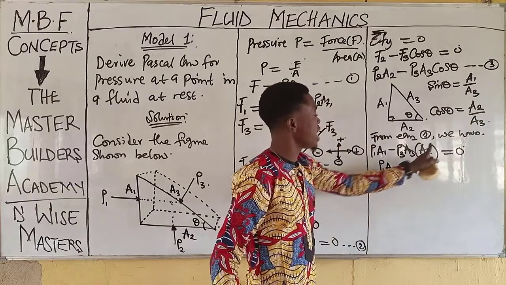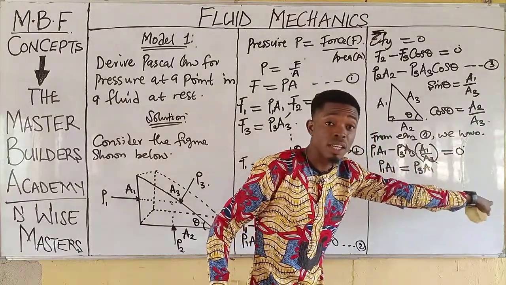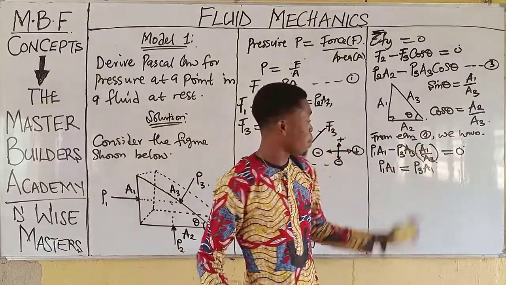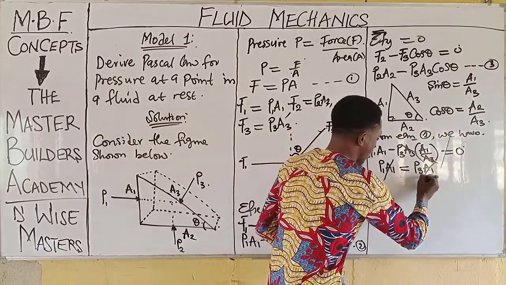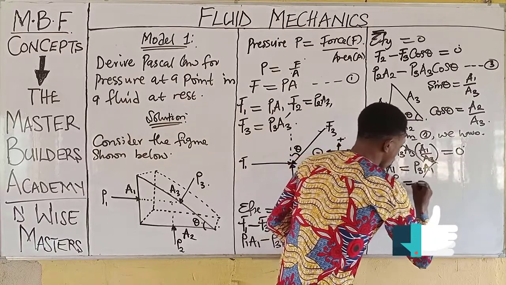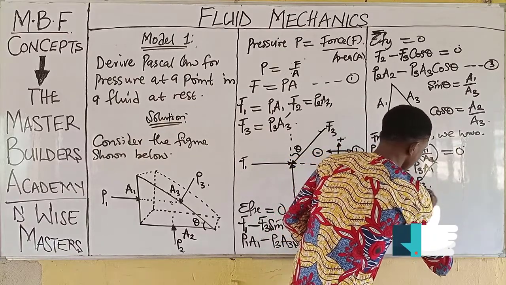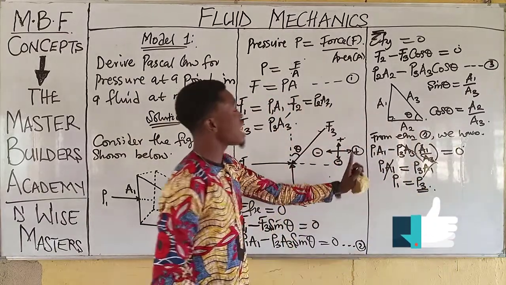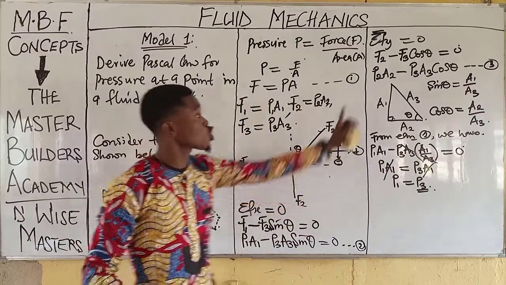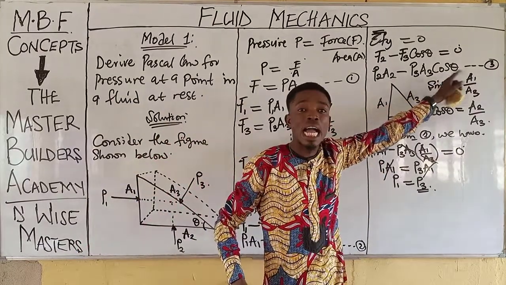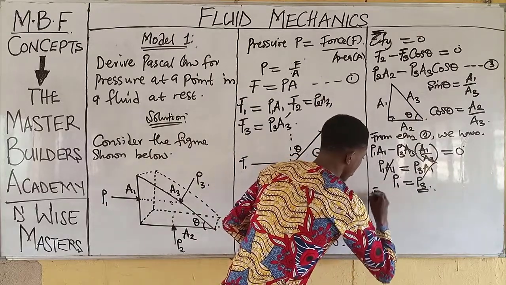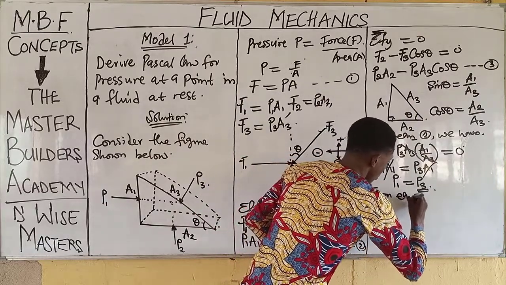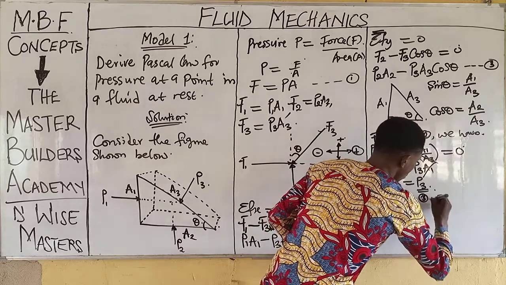When minus P3, A1 crosses the sign of the equality, it turns to the opposite sign. So minus becomes positive. Now when I divide both sides by A1, A1 cancels A1, and P1 becomes P3. Then the next is the what? Also substitute for cos theta in equation 3. So we have that from equation 3, we have